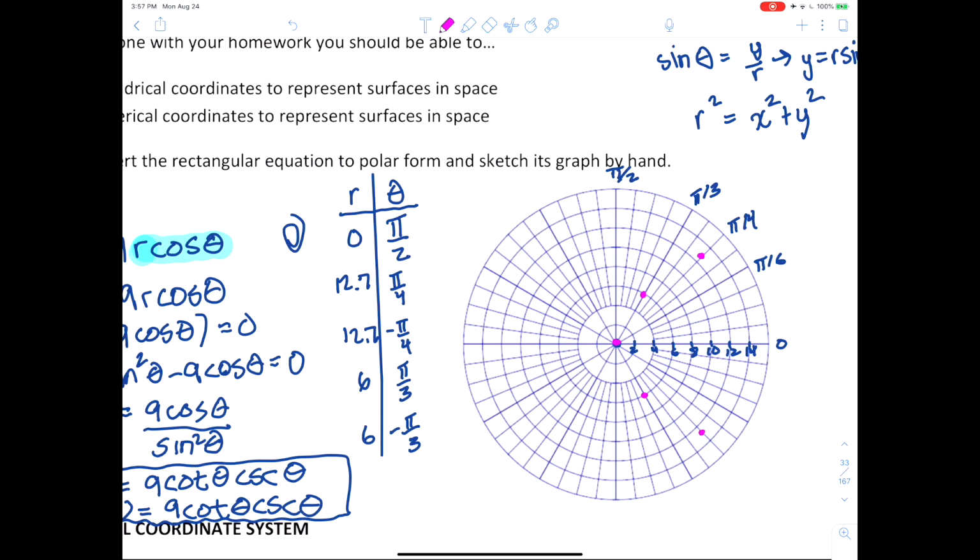So we've got our nice parabola, and it's going to increase quite rapidly. All right, cool. So that's a little reminder of how to graph by hand using polar